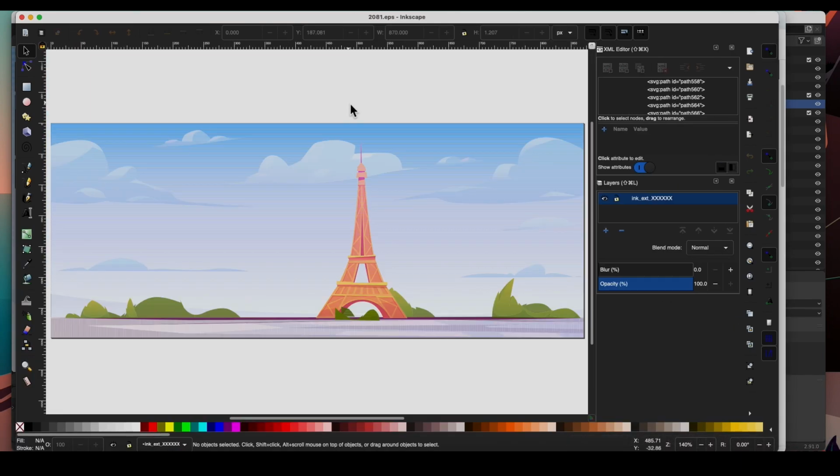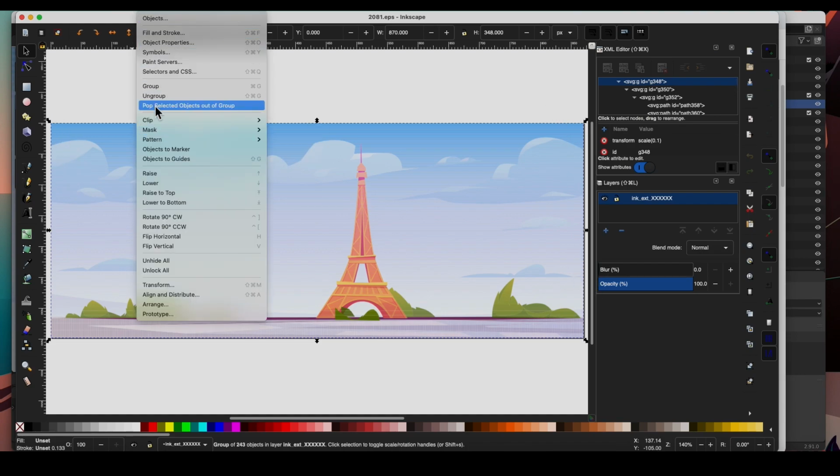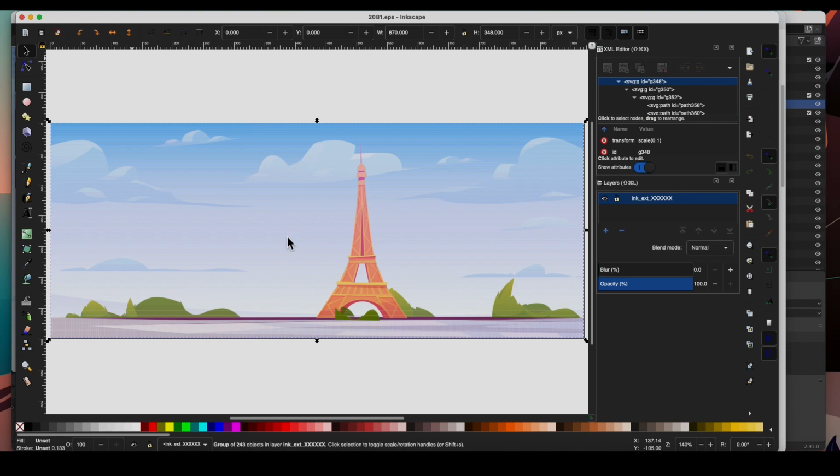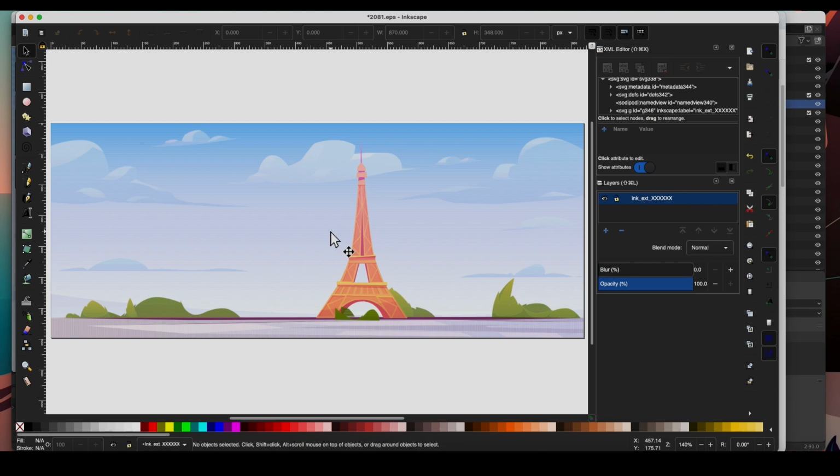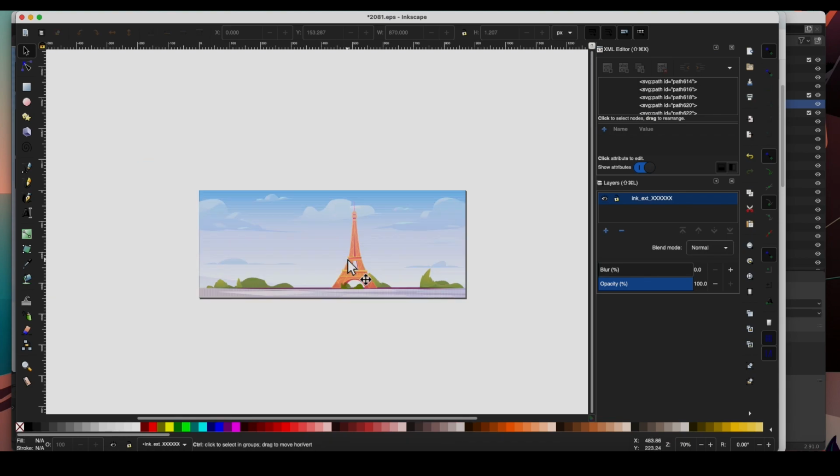The first thing I need to do is separate the background, the sky, from the foreground. We have one layer. If I click on it, I can tell that it's grouped. If I go under Object, I can see Group, Ungroup, Command Option, or Shift Command G. Just wait to let it do its things. There it is, ungrouped.